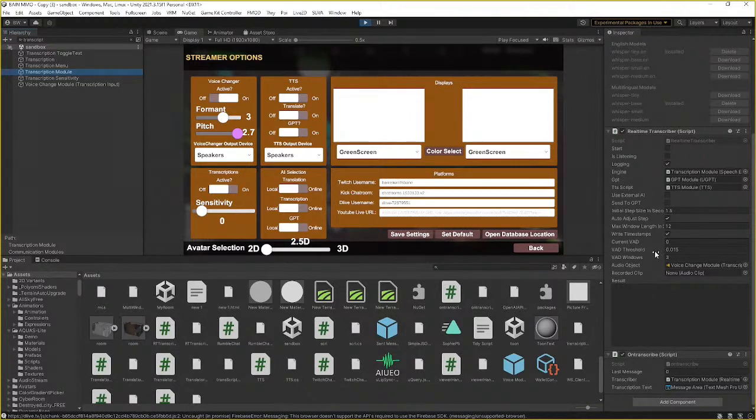There it is, VAD threshold. I hate that the sensitivity does not adjust properly. It doesn't show decimal values the right way. I gotta figure out how to fix that. In the meantime, here, let's go ahead and take a look at